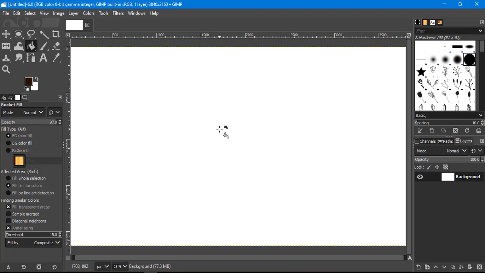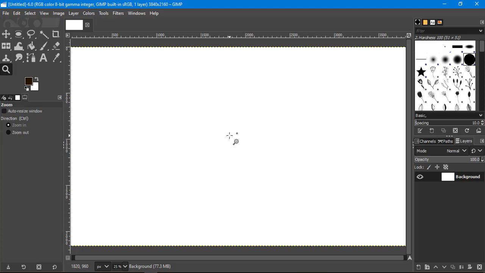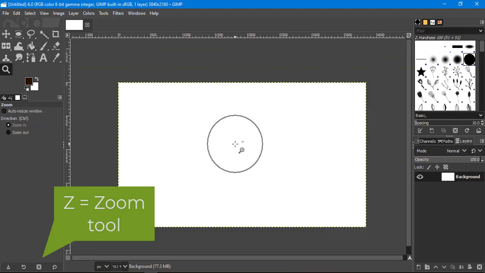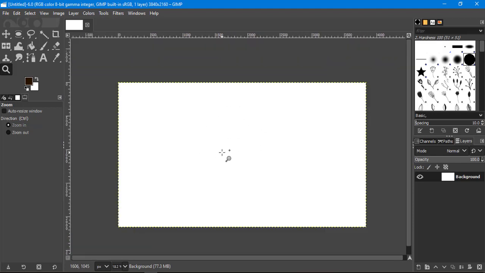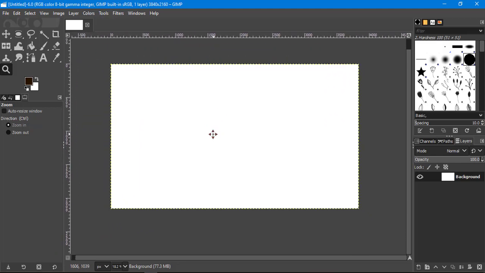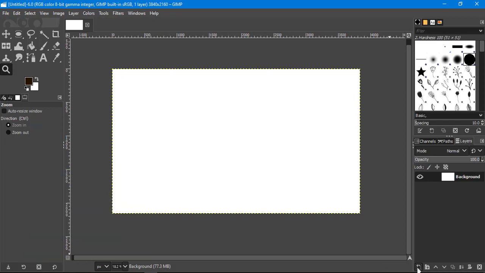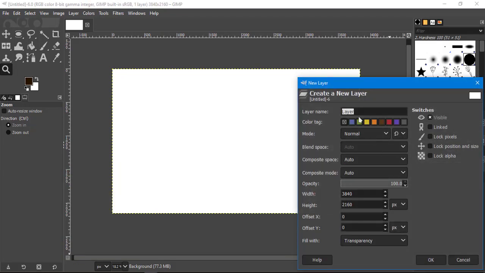So let me introduce you some shortcuts in GIMP. By pressing Z on keyboard, you will bring up the zoom tool. By left clicking, you can zoom in, and by holding Ctrl and left clicking, you'll zoom out. You can hold space to move around the canvas, and what I'm gonna do is create a new layer. You have to click here to create a new layer. You can name it as anything, but what I'm gonna do is draw a rough sketch of what I will make today. So let's name it as